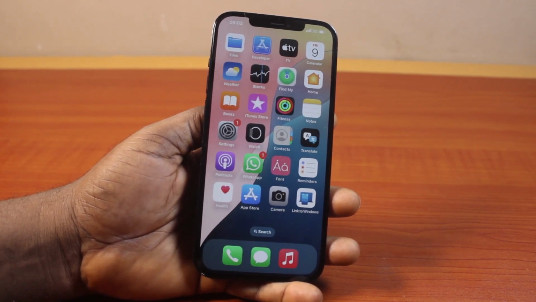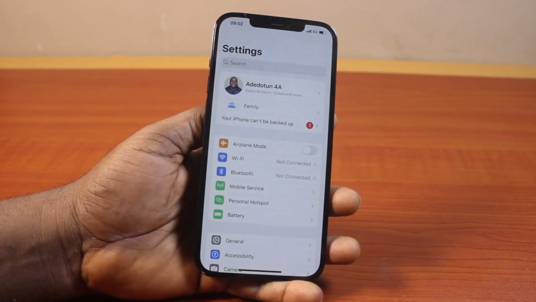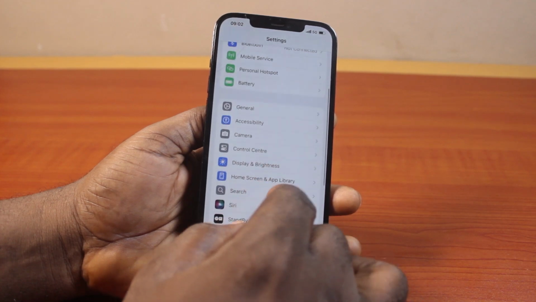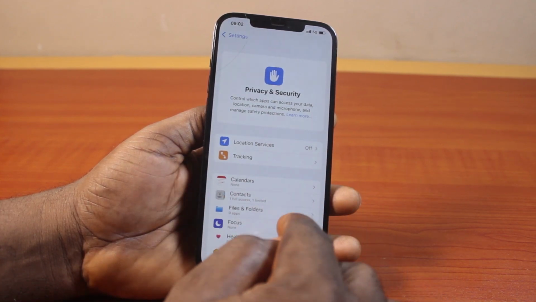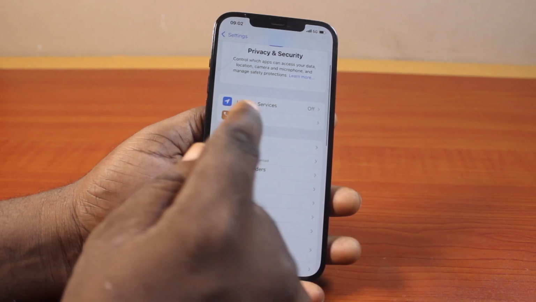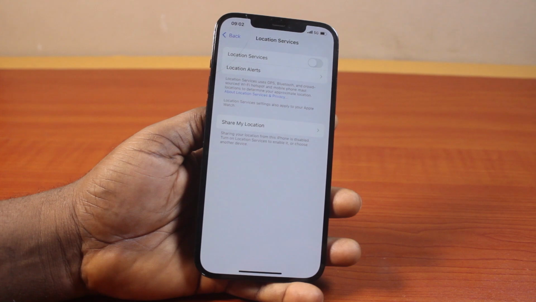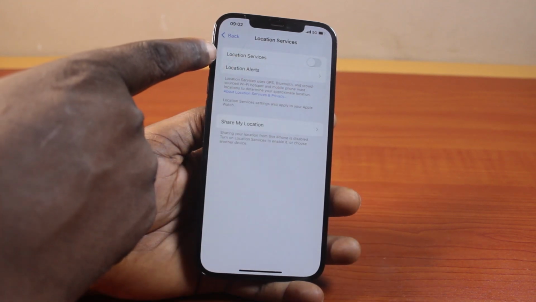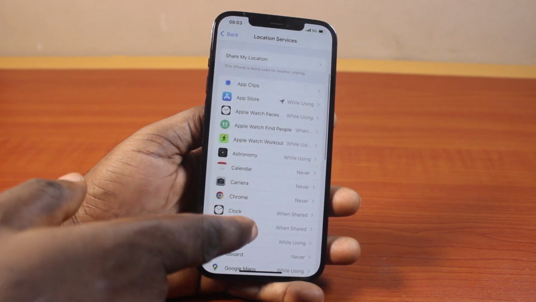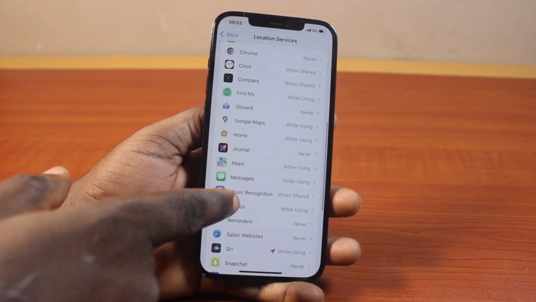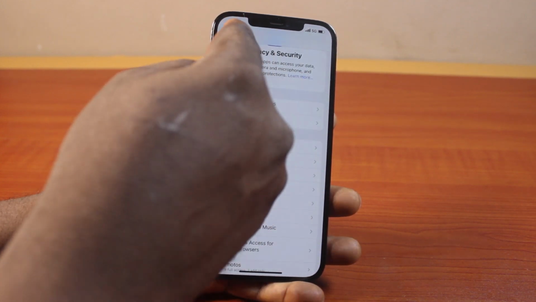Now to turn on or enable location services on your iPhone, all you need to do is go to your iPhone settings. On the settings page, scroll down and click on Privacy and Security. Then under Privacy and Security, locate Location Services. You see that the location services is turned off. Go ahead and tap that. Once you tap Location Services, you should see location services disabled here. To enable the location services, turn this on, and you should see the applications that have access to your location services on your iPhone. However, if Find My is disabled on your iPhone because you turned off location services,